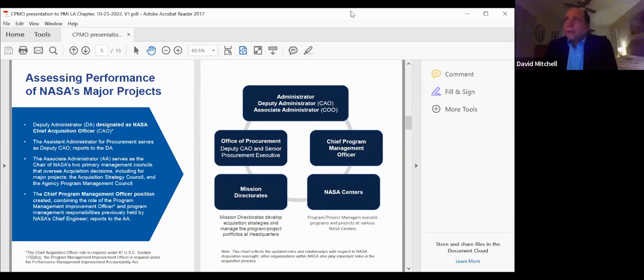Yeah, sure. Again, it's a small group of people at the highest levels of the agency: procurement and CFO, program management, myself, and a number of other people, where one of those mission directorates that I previously showed with some of those high profile projects, those representatives, I would say it's not much more than 12, 15 people, get together